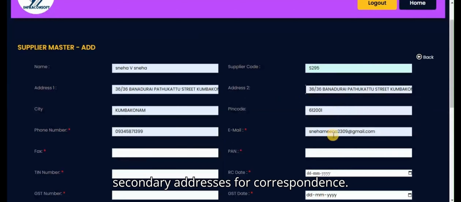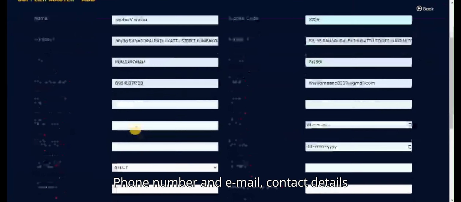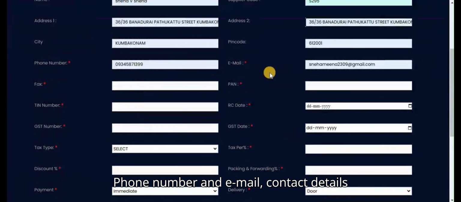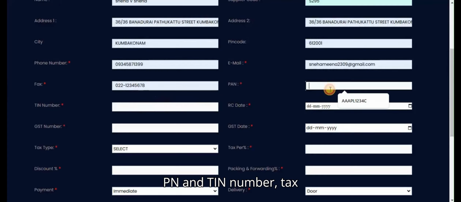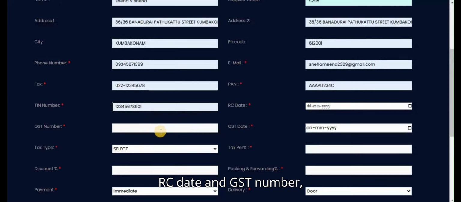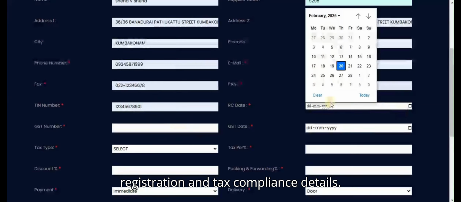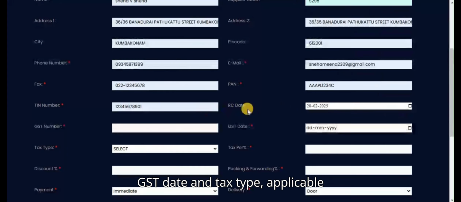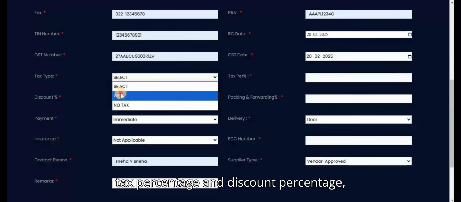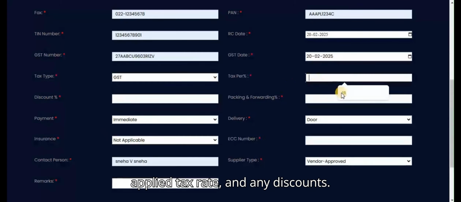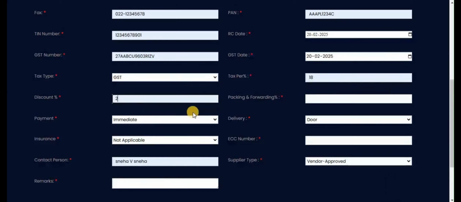addresses for correspondence, city and PIN code, location details, phone number and email, contact details for communication, fax, optional fax number, PIN and TIN number, tax identification details, RC date and GST number, registration and tax compliance details, GST date and tax type, applicable tax details and categorization, tax percentage and discount percentage, applied tax rate and any discounts, packing